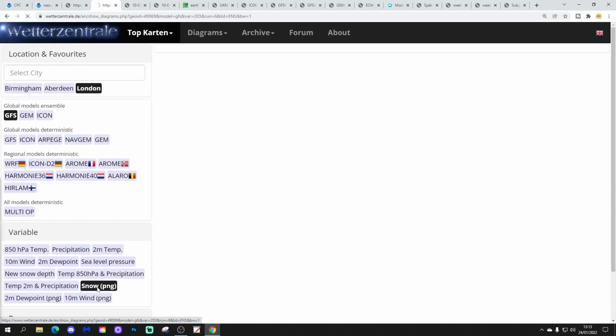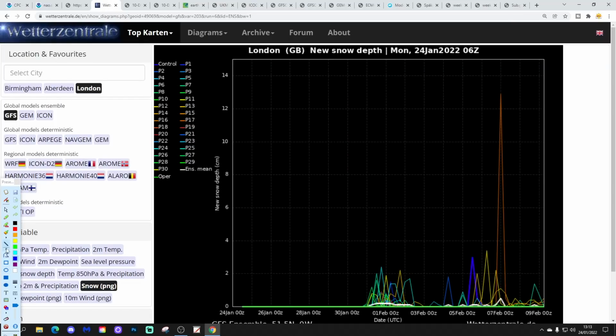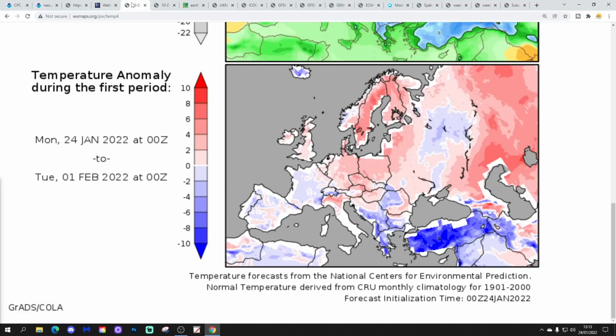And then in terms of snow, again, we might get a little bit of snow with this cold snap around 1st of February. There could be some wintriness, more particularly as it comes from the north, like a northerly blast, so that will be more particularly for northern areas. But even down for London, there's a cluster of snow spikes there around 1st of February, maybe a little bit more sometime late in the first week of February as well, because that is a very, very long way out. Temperature anomalies from the 24th of January to the 1st of February, a little bit milder than average.